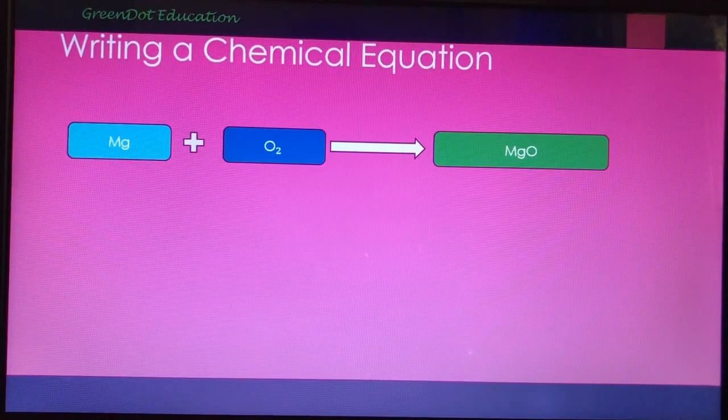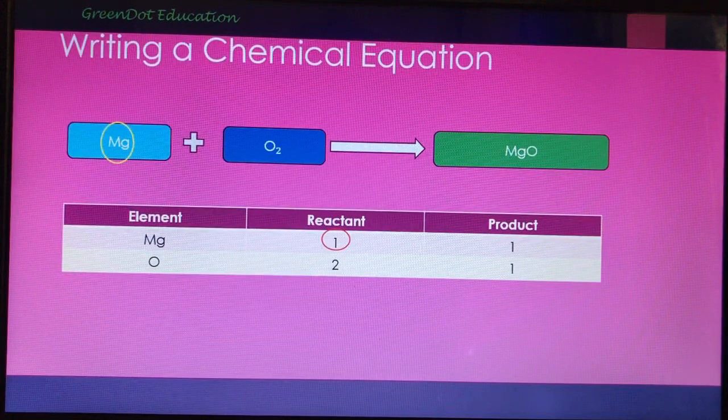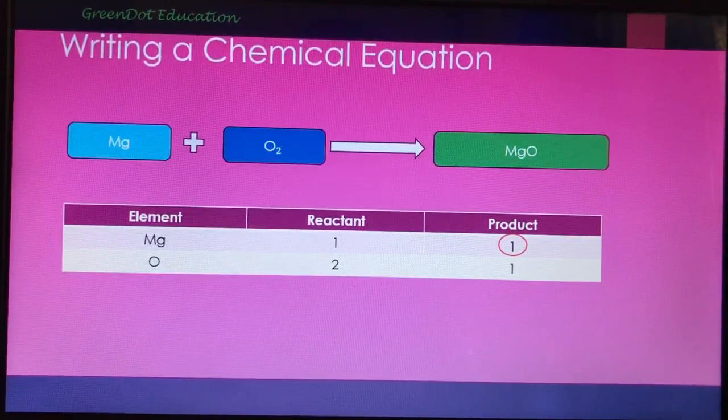Now let us compare the number of atoms on the reactant side as well as on the product side. Here the elements taking part in the reaction are magnesium, that is Mg, and oxygen, that is O. Now magnesium: on the reactant side, we can see that there is only one atom of magnesium present. The number of atoms on the product side for magnesium is also 1. Here also we have only one atom of magnesium on the